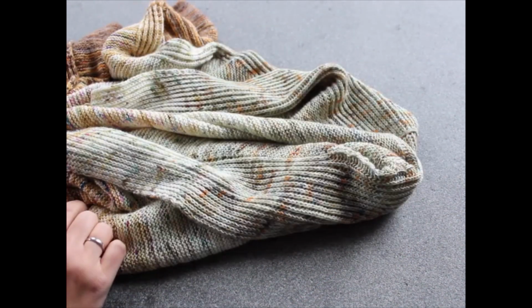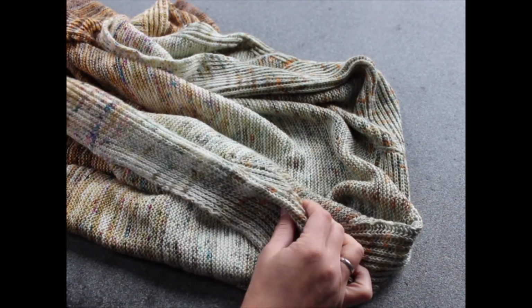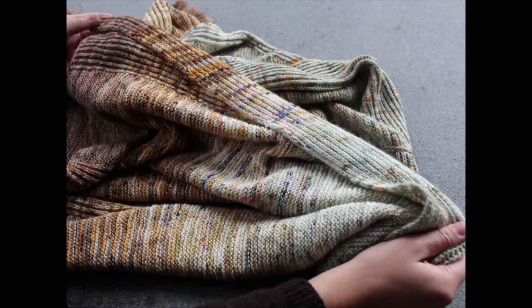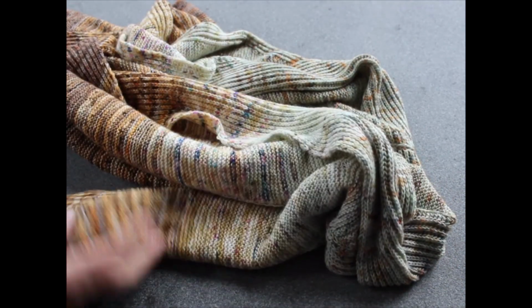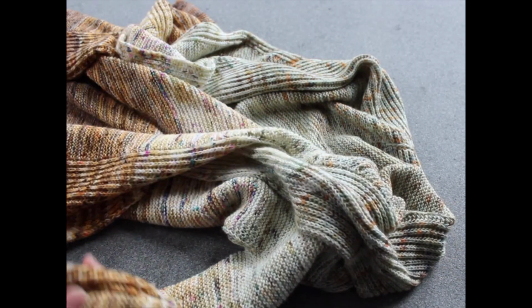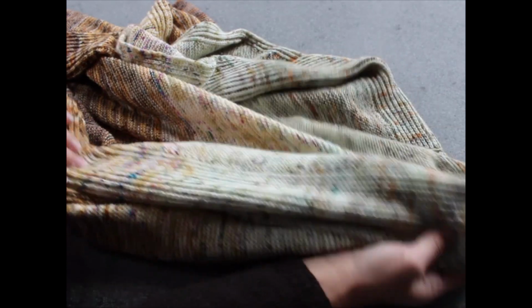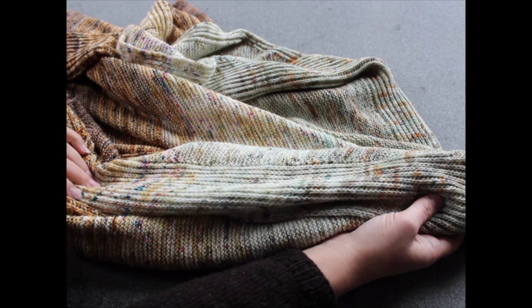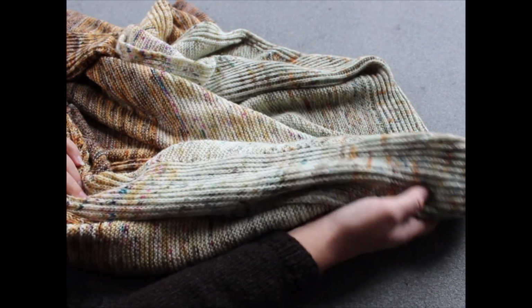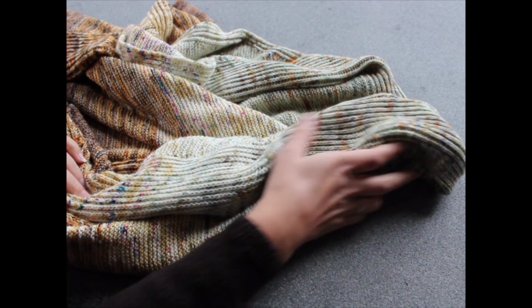So this is actually a finished item already. This is the second one of my faded collection. This is a cardigan, and it has some brioche and garter stitch, and it's also a top-down design. So this is something that I'm going to be next writing the pattern for, and then I'm going to be looking for test knitters. So if you're interested,